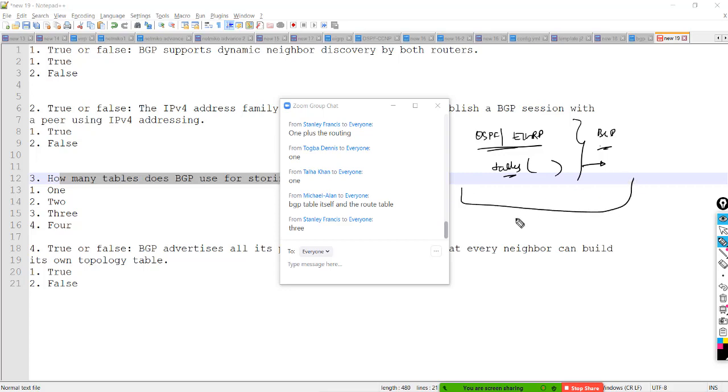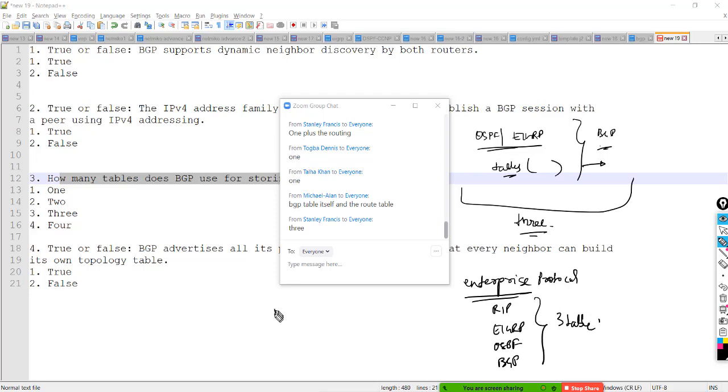Great. Yes, there are three tables. I can rephrase this: all the enterprise protocols, like RIP, EIGRP, OSPF, BGP, have three tables.